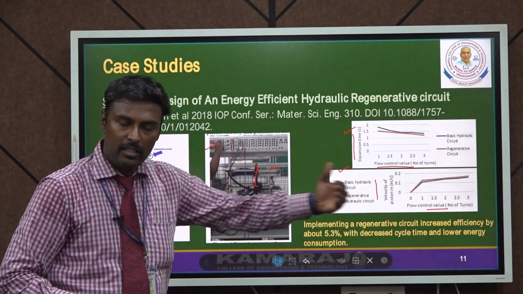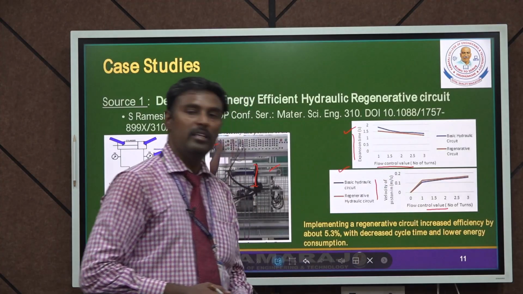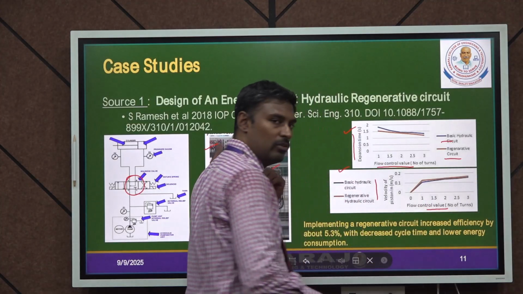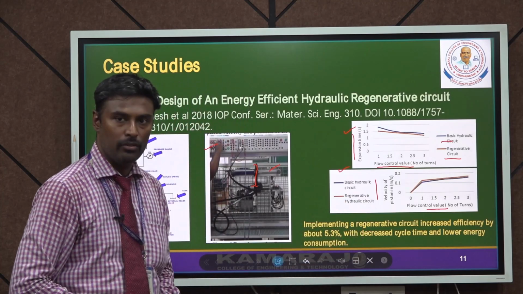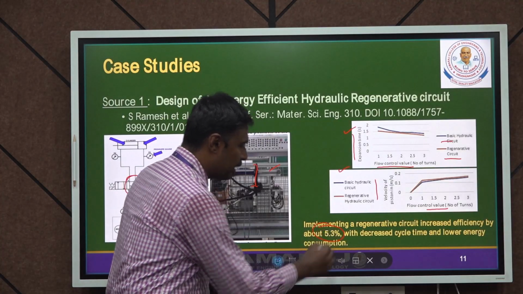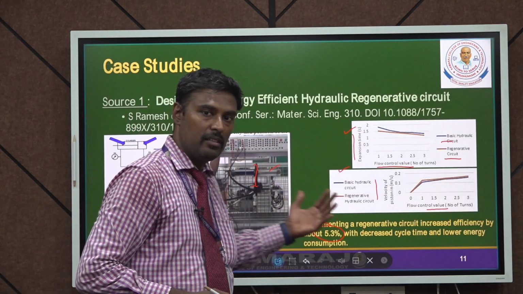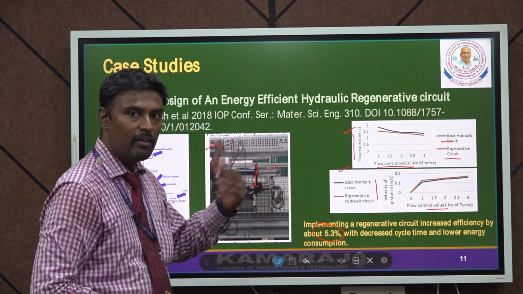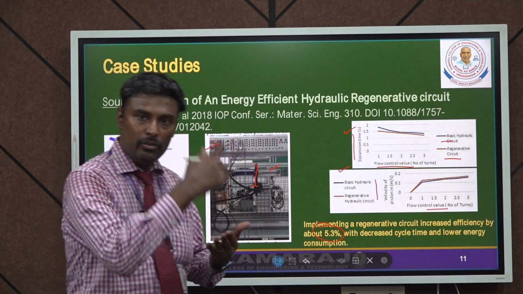Both the extension time and the velocity have been measured, and they have compared them with ordinary basic hydraulic circuits. It is noted that by implementing regenerative circuits, the overall efficiency of the entire circuit is increased by 5.3%. Based on the research and the case studies from the laboratory scale, it is proven that while using this regenerative circuit, the overall efficiency of the entire circuit is improved by 5.3% with reduced cycle time